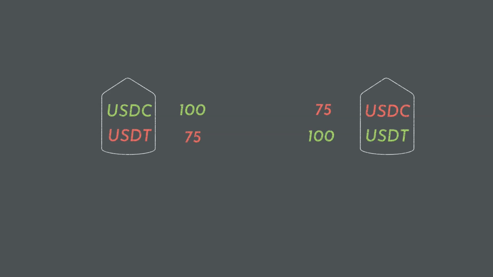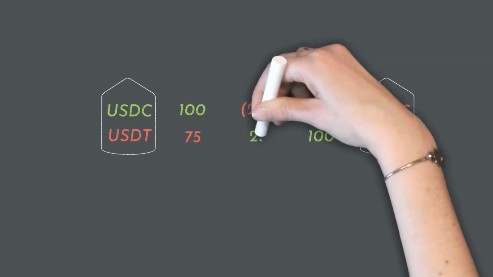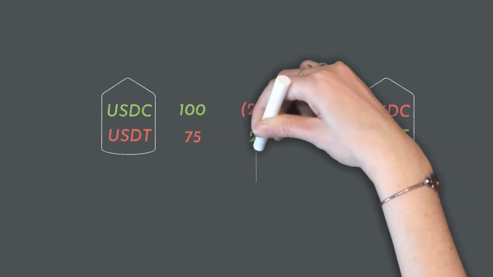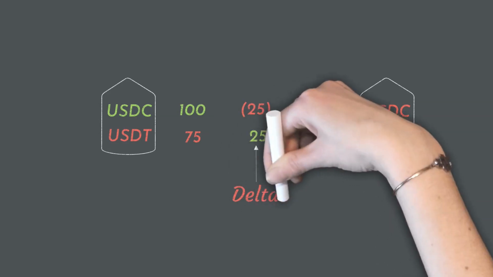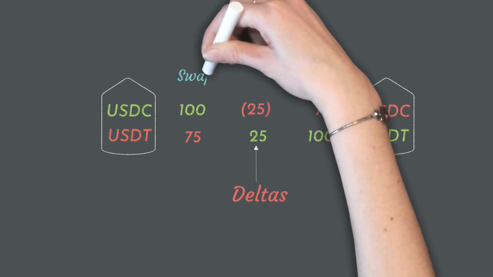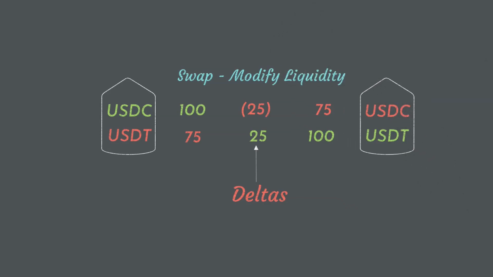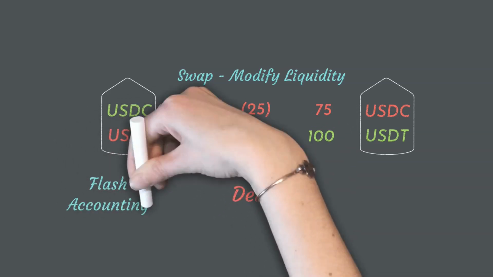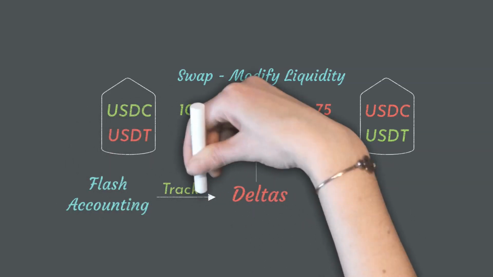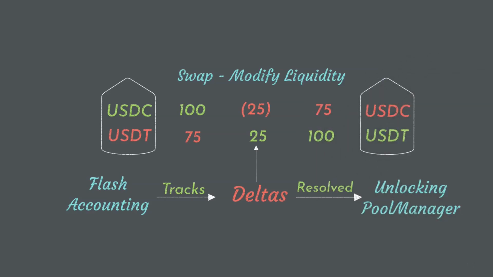But in version 4, the provider would only need to swap 25 USDC for 25 USDT, which Uniswap calls delta. In Uniswap 4, the swap and the modify liquidity are bundled into one single function, saving on gas and complexity. Flash accounting tracks only these deltas, and all these deltas must be settled before unlocking the pool manager contract,